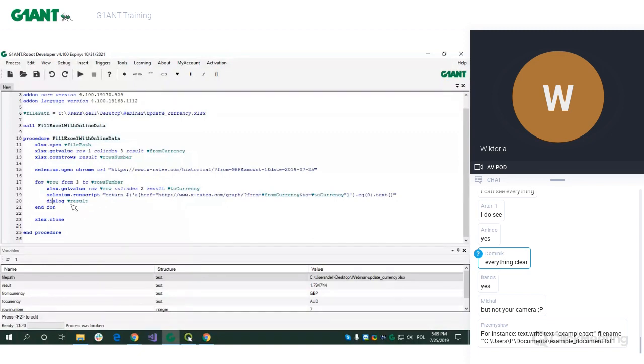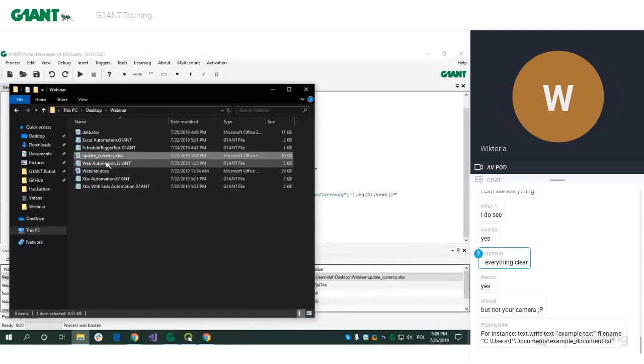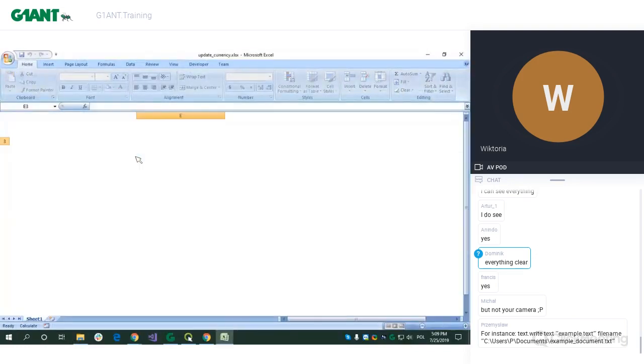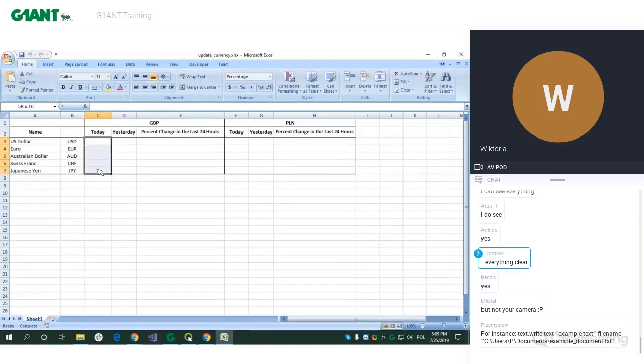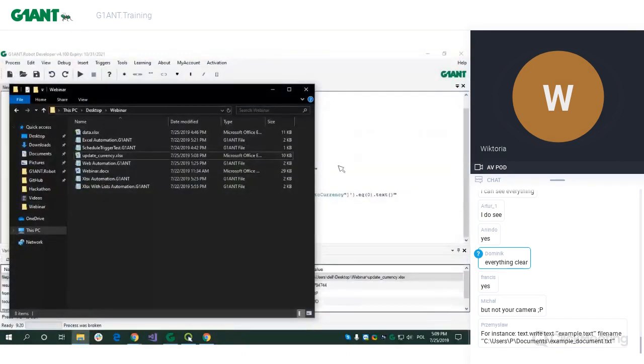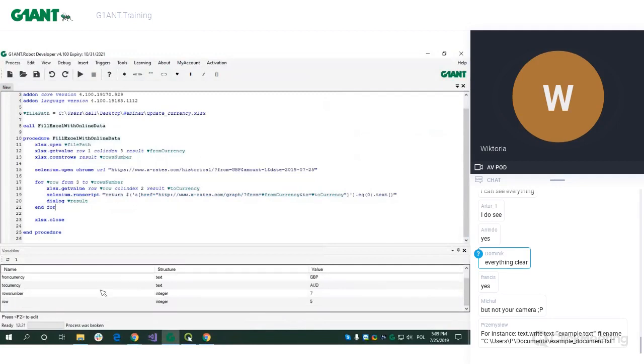Instead of dialog result, we want to set those values into this column here, in the today column. So it's the third column. We'll start with the third row. Okay, so let's close it. Oh, and I haven't shown you that the row's number is 7. See, it's the same as in the